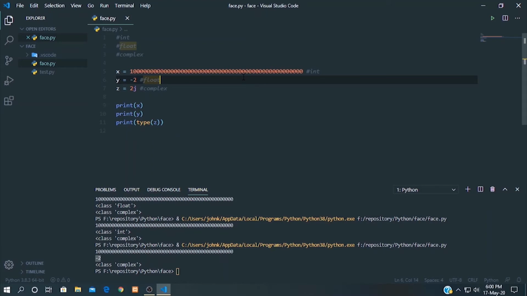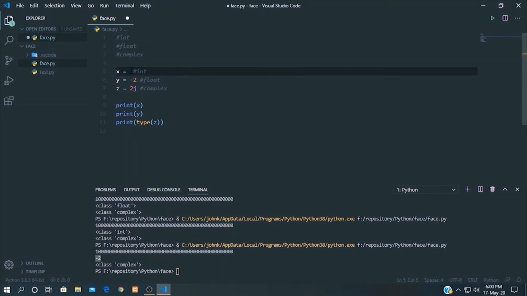A float, or floating point number, is a number, positive or negative, containing one or more decimals. So what is a floating point number? A floating point number is 1.22589, and this is a minus floating point number, and this is a floating point number as well.